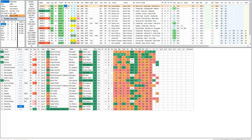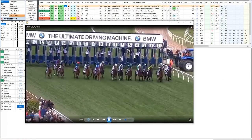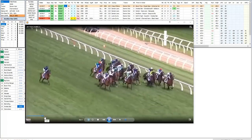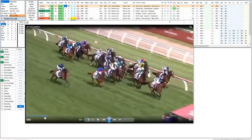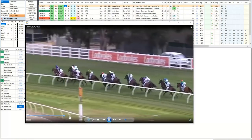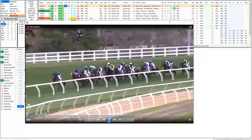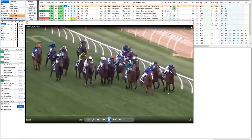Last start we saw what happened to her. She's ridden out of the gates like it's a 7 furlong race and used up. You can see here how much petrol she's had to use to cross these runners. So she's been gassed early and then grabs hold of her to try and get cover. They run a fast tempo. She has the balls to charge into the race again. She's on the fence and she's right there to